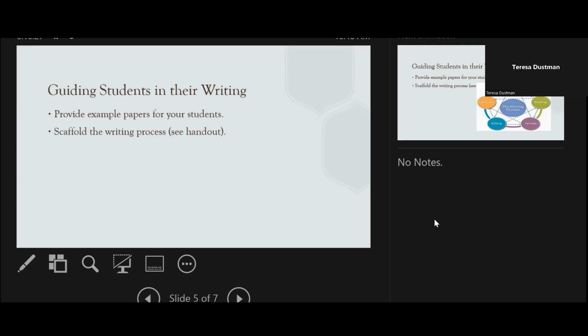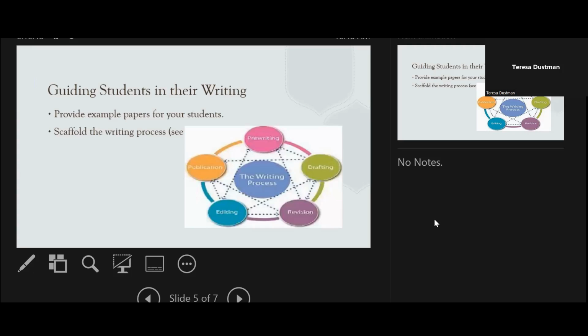Scaffold the writing process. So take that handout. It's the circular one, with the writing process in the middle on it. This is very important. Scaffolding, making things more accommodating for the different learning levels is very, very important because every student is not on the same level of writing as well as researching, and you have to scaffold that. Okay, that's what the top of the handout looks like. You will probably not go over every step in the writing process, or you may combine steps in the writing process. In our department, we usually combine steps.